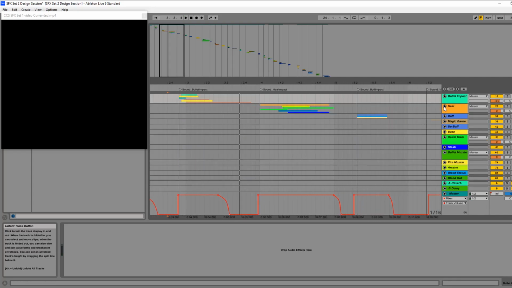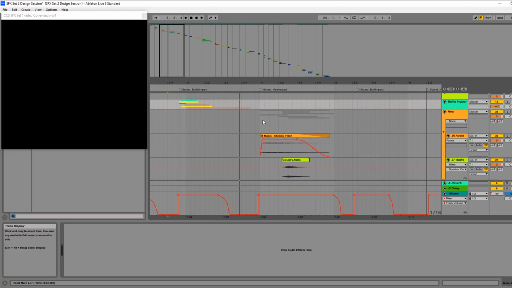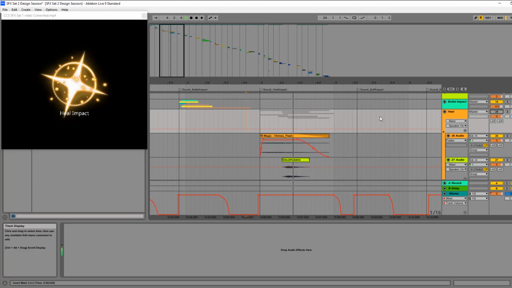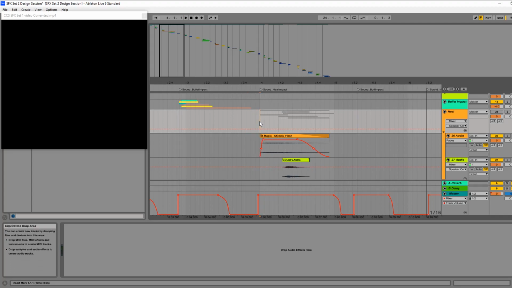All right, and heal impact. Let's take a look at this. So as I'm looking at this, the biggest thing to me is that, again, there's a buildup and then kind of an explosion. Not an explosion per se, but an outward movement from this. So we definitely need to communicate a small amount of movement that accelerates and then leads into a large event